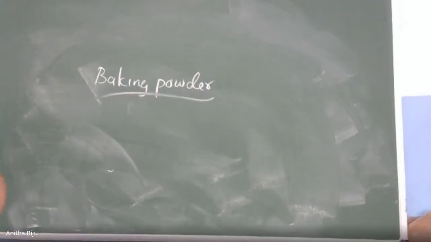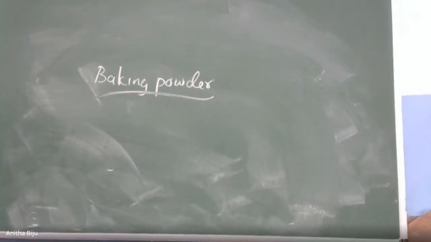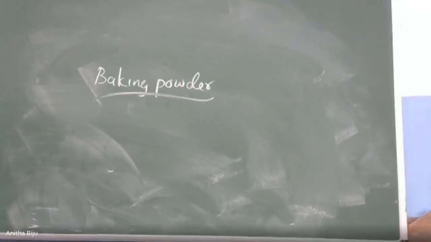Like citric acid. You know that all citrus fruits have this particular component, citric acid. It will not create any problem in our body. And second is tartaric acid. Tartaric acid is another edible acid which is present in tamarind. Tamarind, imli, you all know tamarind. So these are considered edible acids. So these edible acids, either citric acid or tartaric acid, plus baking soda, that mixture is known under the name baking powder.